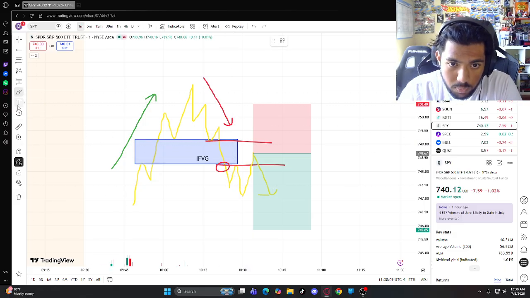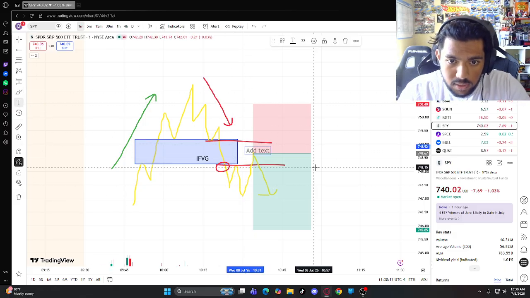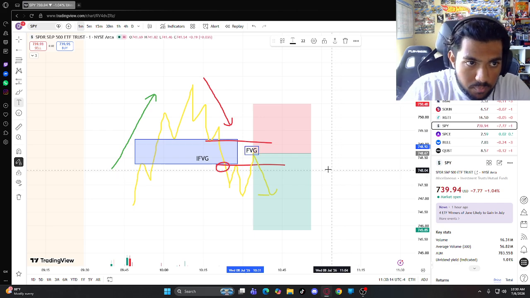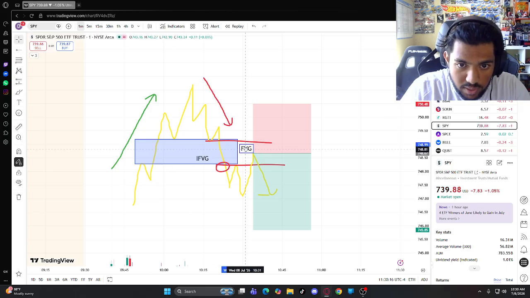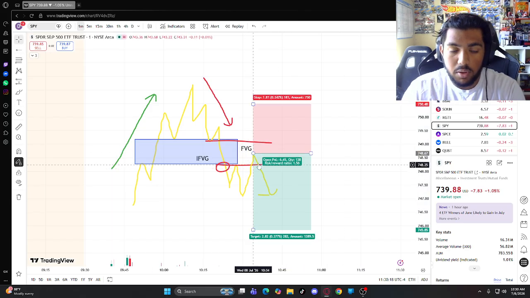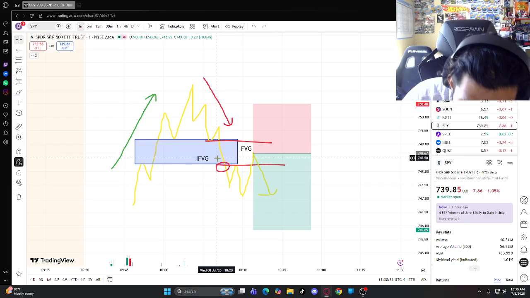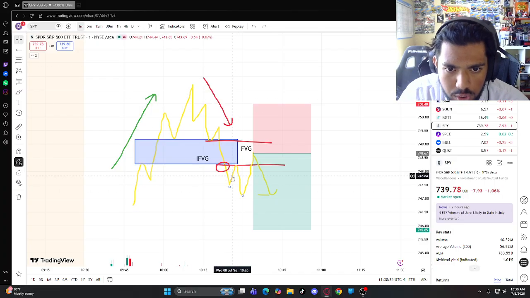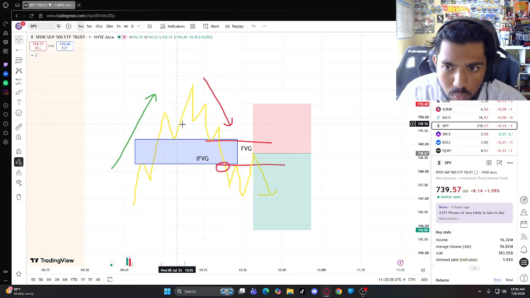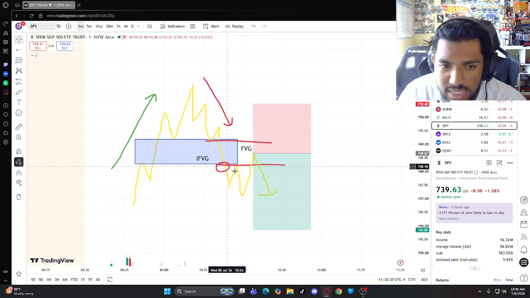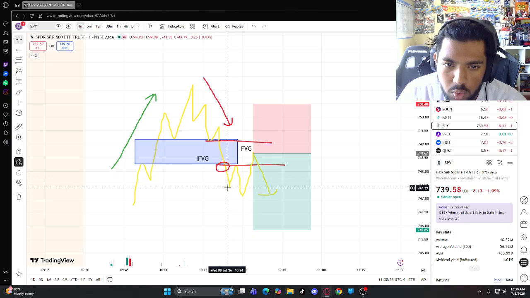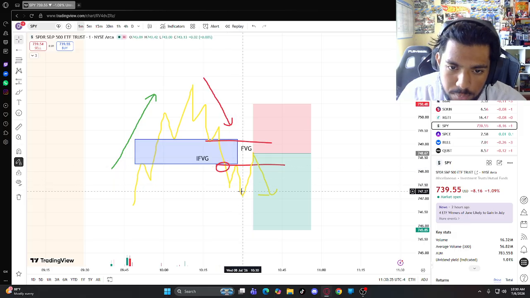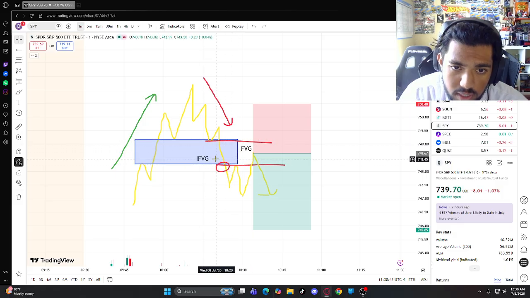Then, what did we do? We respected this fair value gap right here. We came down. Bearish. We were bullish, now we're bearish. Now we're moving down, we're entering in shorts, we're going to the downside. We had to wait for a pullback. Price is moving. We formed a high right here, we formed a low right there. What did we do? We formed